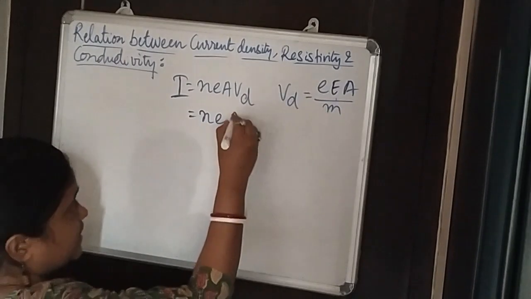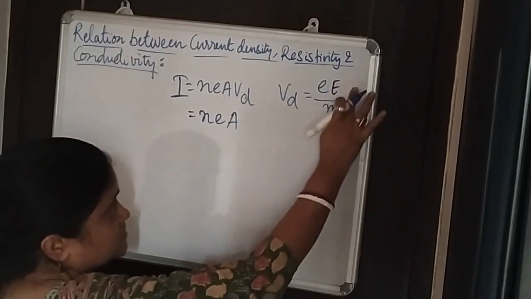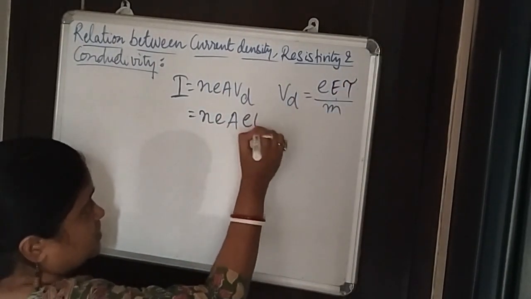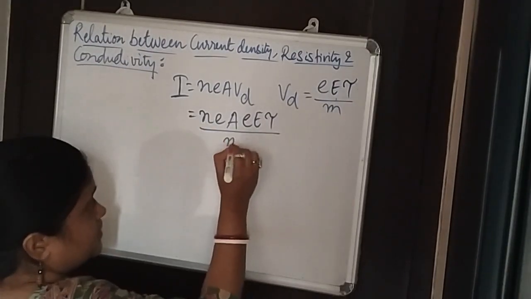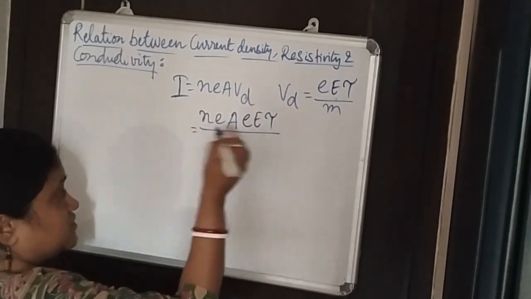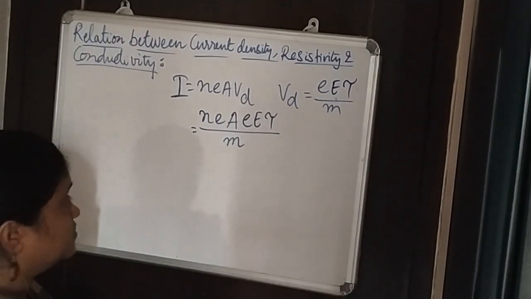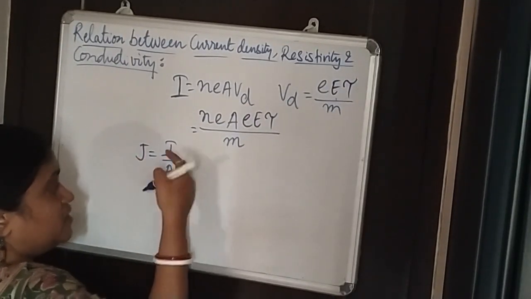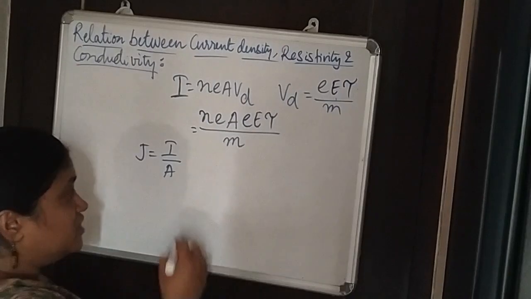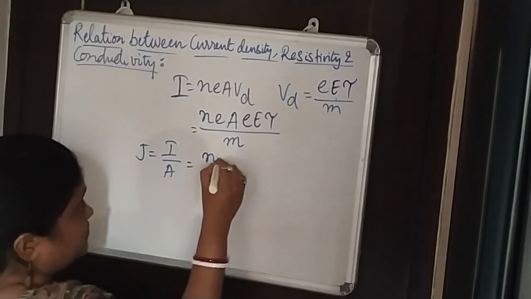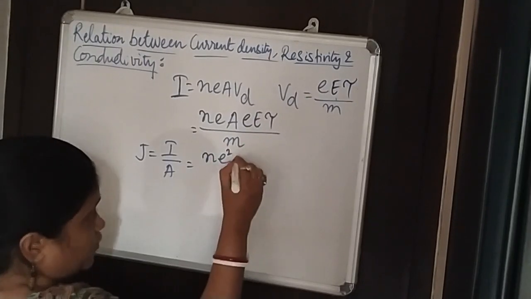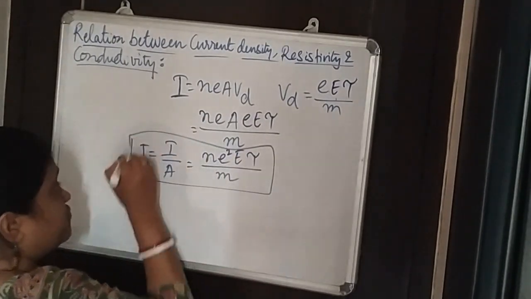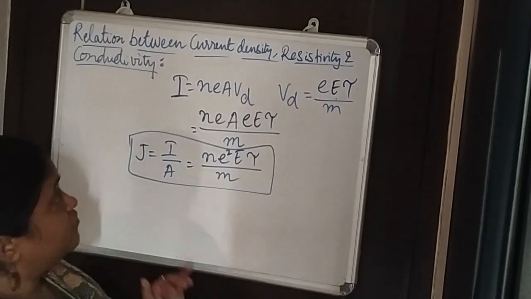Now this will become n e A E tau by m. So applying this, we get the current expression. Now we know current density J is I by A, current per area. So the expression will become n e square E tau by m. So this is the expression of current density